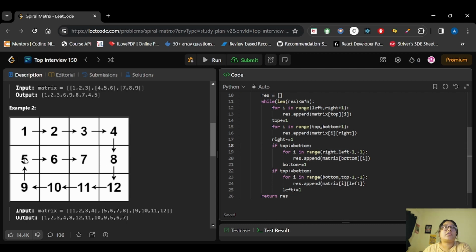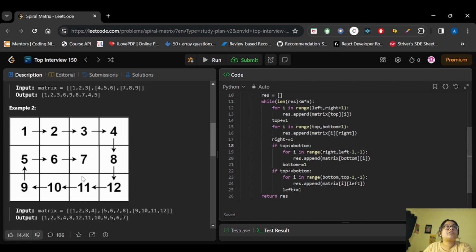After this, our bottom reduced by 1 and it came here, right? After this, we started the iteration again and we move from left to right, which means we use this loop. After this, again top will be increased by 1 and we will come here, right? The top value is increasing and we are coming here. So this loop will break there.